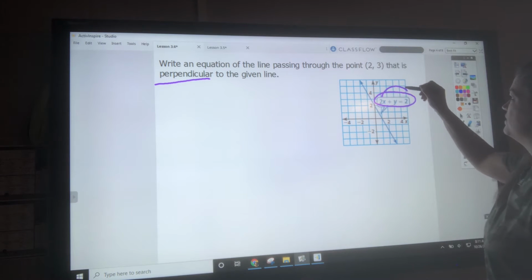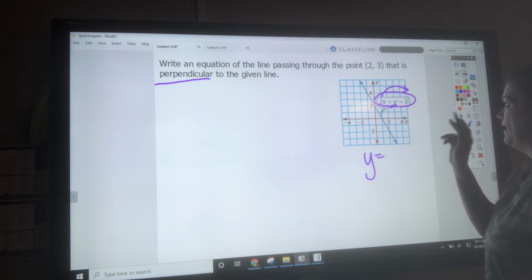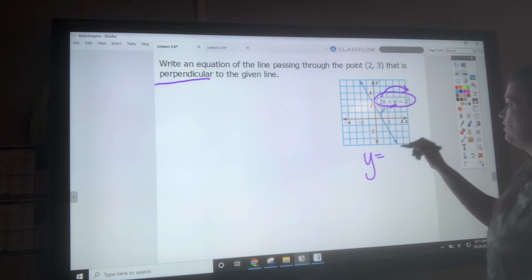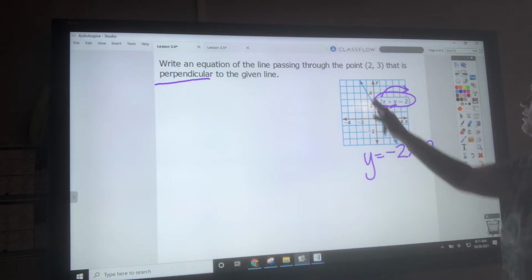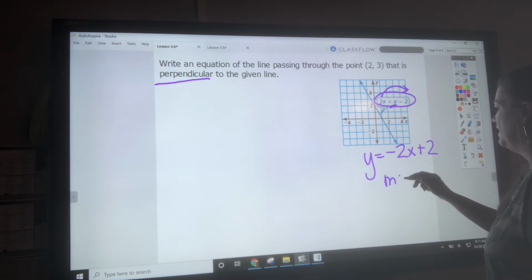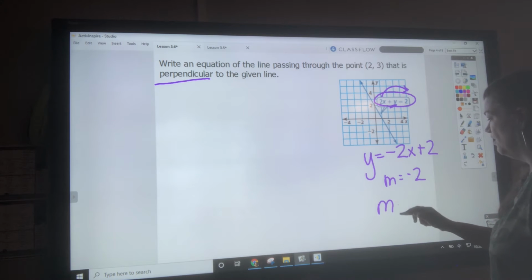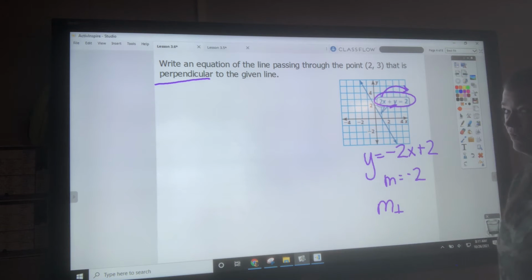I need to move my x over because I want y by itself. For slope-intercept form, y has to be alone. If I move the 2x over, it becomes -2x plus 2. And you probably knew it was a negative slope because look at the line. Now, my slope is -2, but the line I'm trying to draw an equation for is perpendicular, so